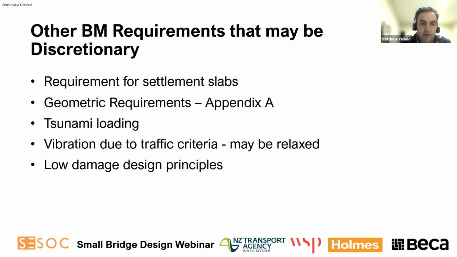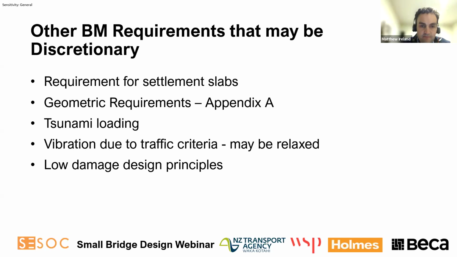There's also a number of loading requirements in the bridge manual, which you could consider. Chapter 5 of the bridge manual now includes tsunami loading requirements. For small bridges, again, you probably wouldn't be considering these because they're quite large loads. And then there's serviceability criteria as well. One such example is the vibration due to traffic. Again, it might not be critical for these small bridges, and you can agree with the asset owner not to meet